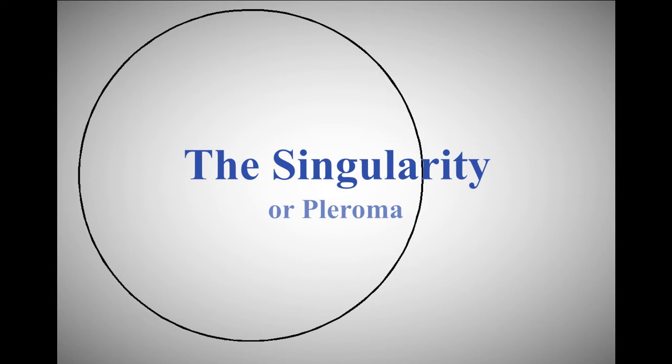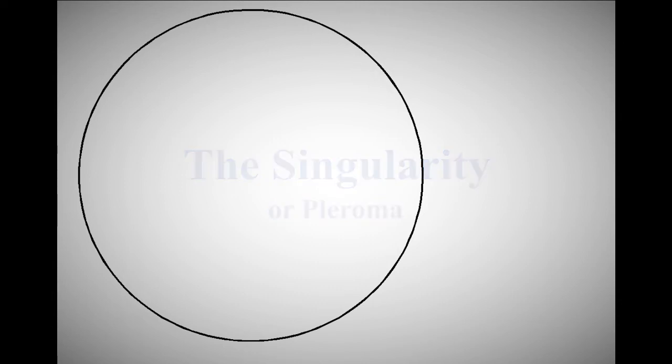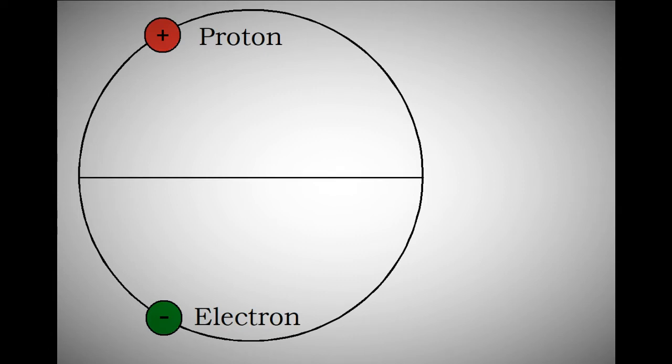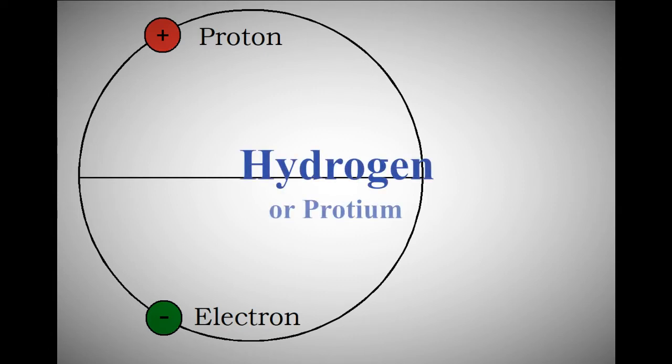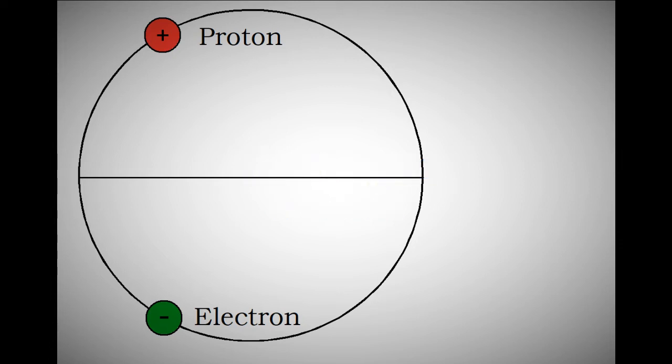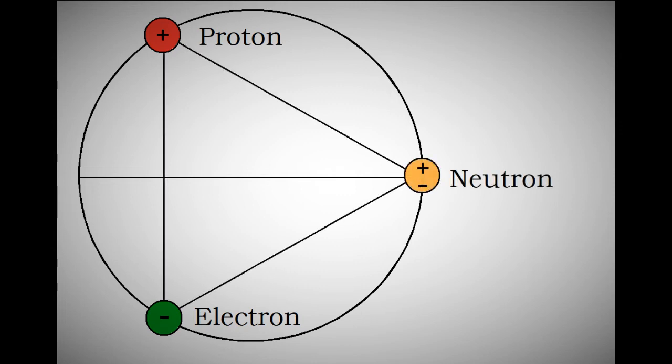Then, if we consider the emergence of matter as understood from the point of view of classical physics, we find the first element, and the most abundant element in the universe, is formed by the simplest of all interactions. Protium, or as it is more commonly known, hydrogen, has one positively charged proton and one negatively charged electron. Every other element beyond this point is composed with the same three particles: an electron, a proton, and a neutron, which has a neutral charge.